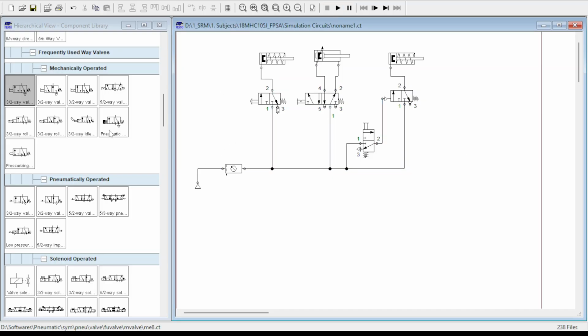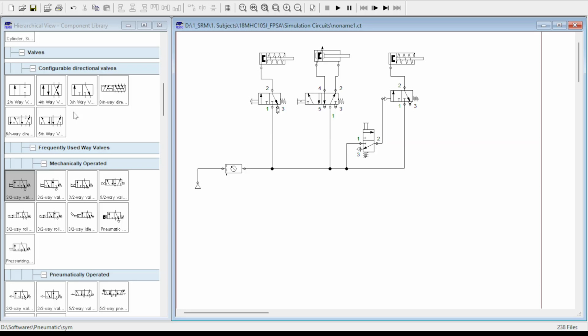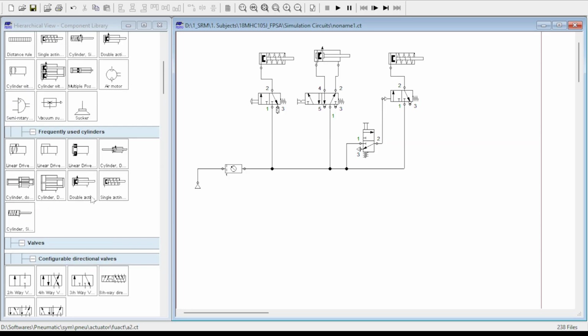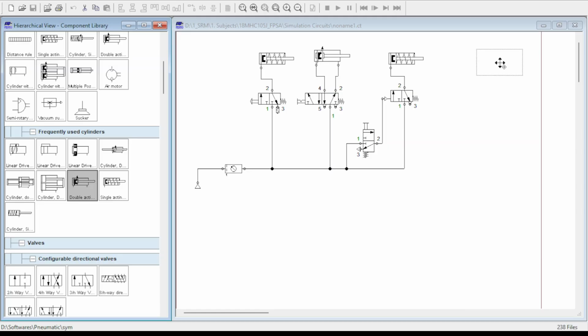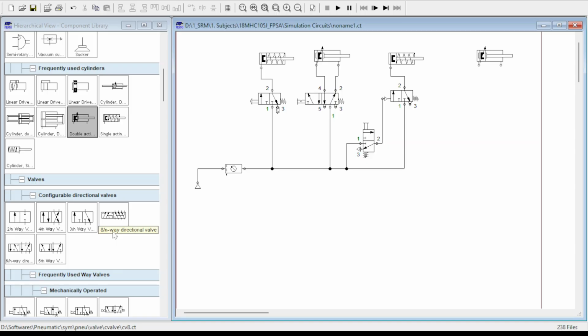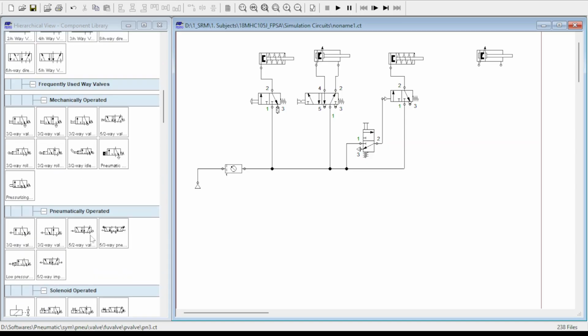For indirect control of a double acting cylinder, let me pick up a double acting cylinder and a pilot actuated 5x2 DCV with spring return. I'll connect port 4 to cap end, port 2 to rod end. The air supply will be connected to the compressor, and the same 3x2 push button DCV will be used for controlling the actuation of this DCV remotely.